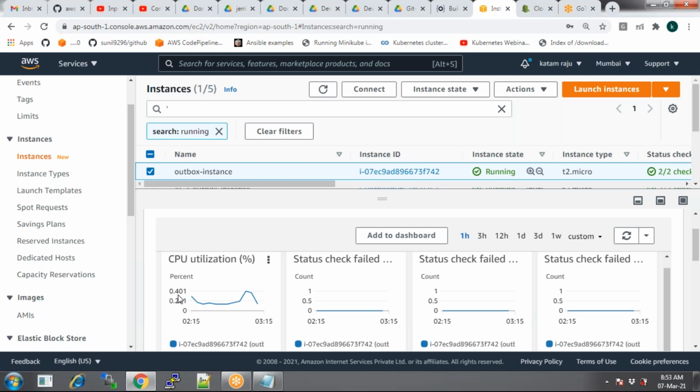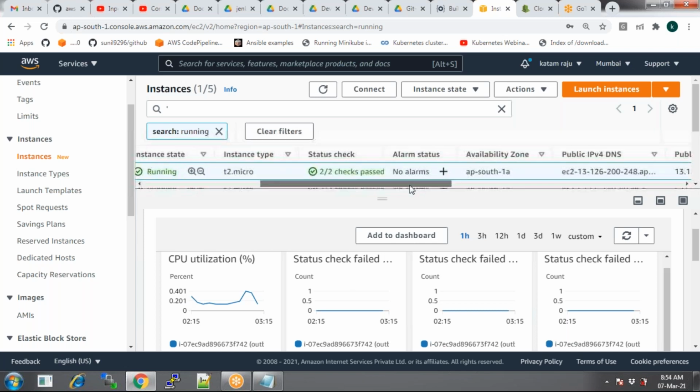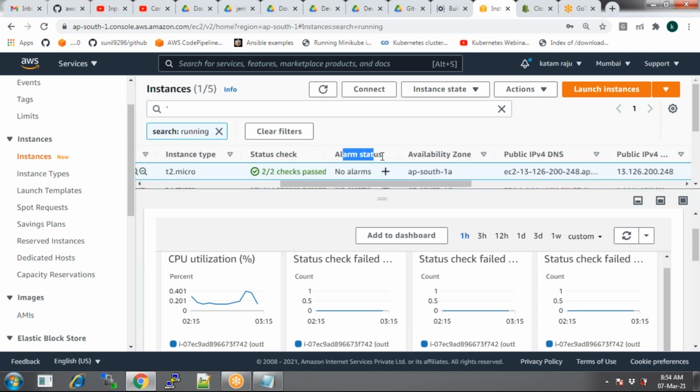So on EC2, CloudWatch alarms are for monitoring. We'll come across it in the future too, when we talk about databases, load balancers, and even the deployment part, where we use CloudWatch. But anyway, first let's see how I set up the alarm for this instance. We'll talk about the condition now. Scroll to the right. You see the alarm status: as of now we have no alarms. Now set up the alarm.